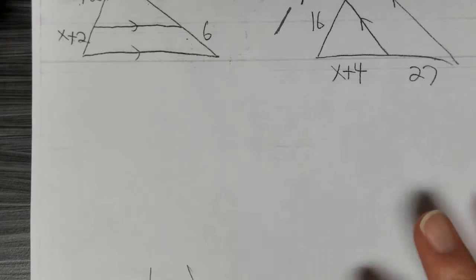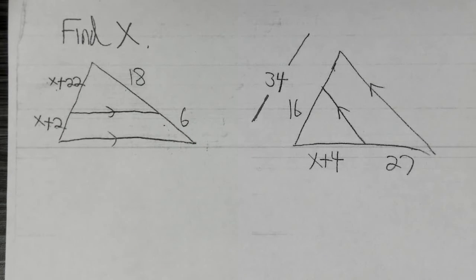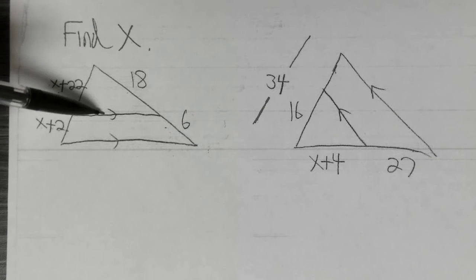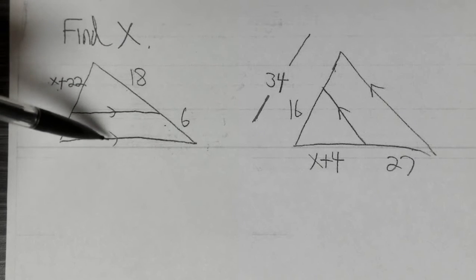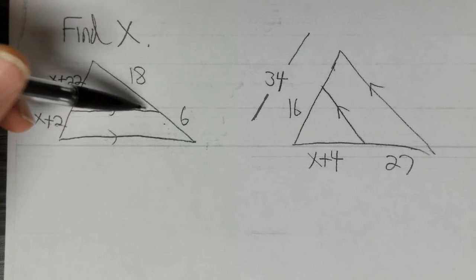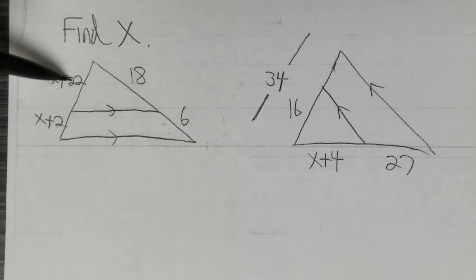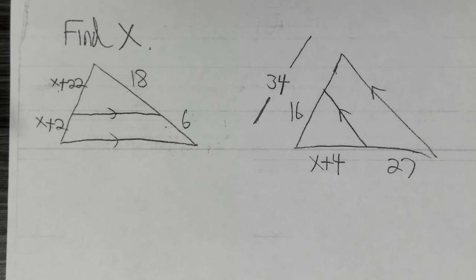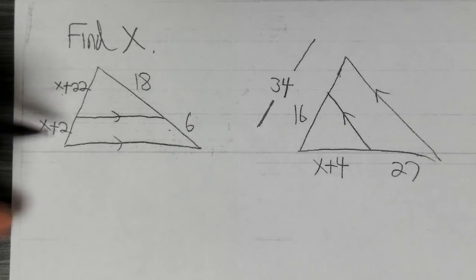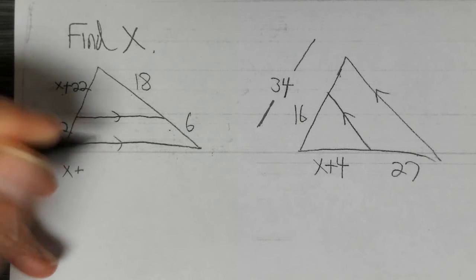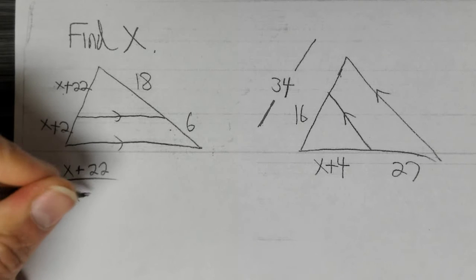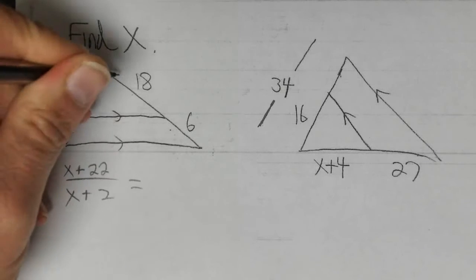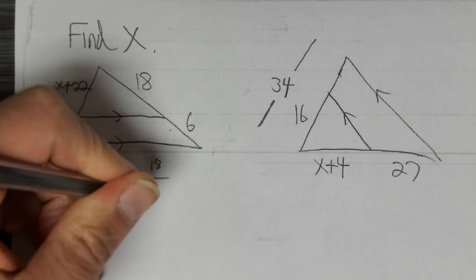And here are the types of problems that we're going to be asked to do. And so, again, I've got a triangle here. My task is to find x. But look at the scenario. I have a line that's parallel to this side and hits the other 2 sides. Well, that's what the first theorem says, that it cuts these into proportional parts. And so what that means is I can make this as one fraction, x plus 22 over x plus 2,